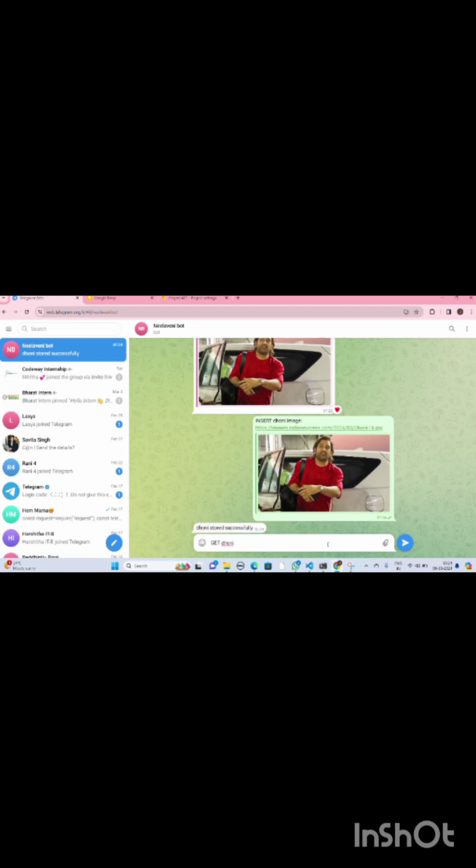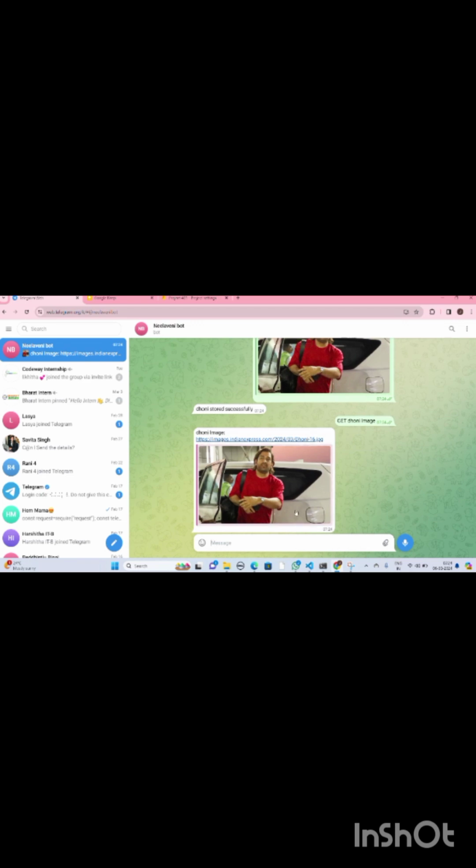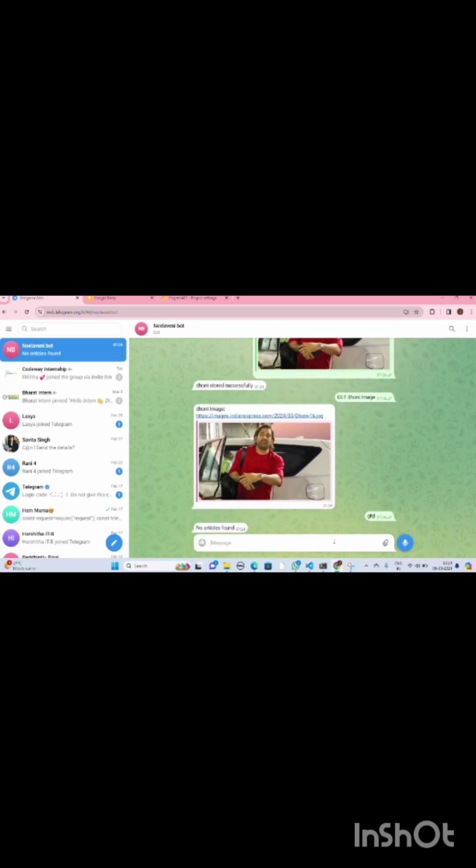It gives the message Dhoni stored successfully, and after that I want to get that image. So I wrote the command as get Dhoni image and it will give the Dhoni image.